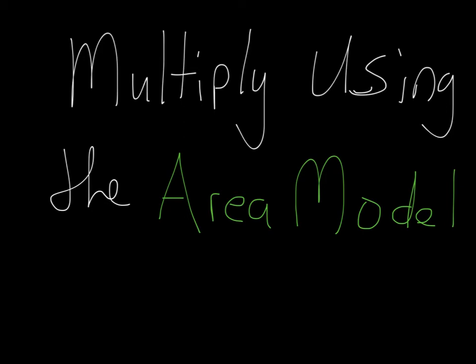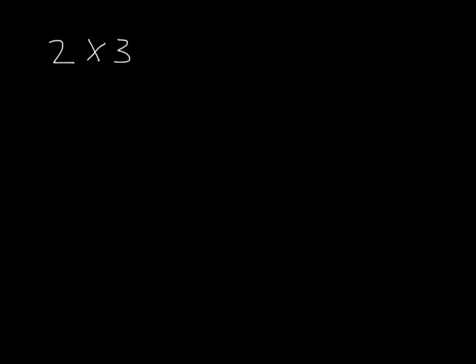This is a quick video to show you how to multiply using the area model. Say that we have a problem that is 2 times 3. Usually we would look at that and go 2 times 3 equals 6. Okay? Using the area model, what we would do is we would look at this and say there's one digit